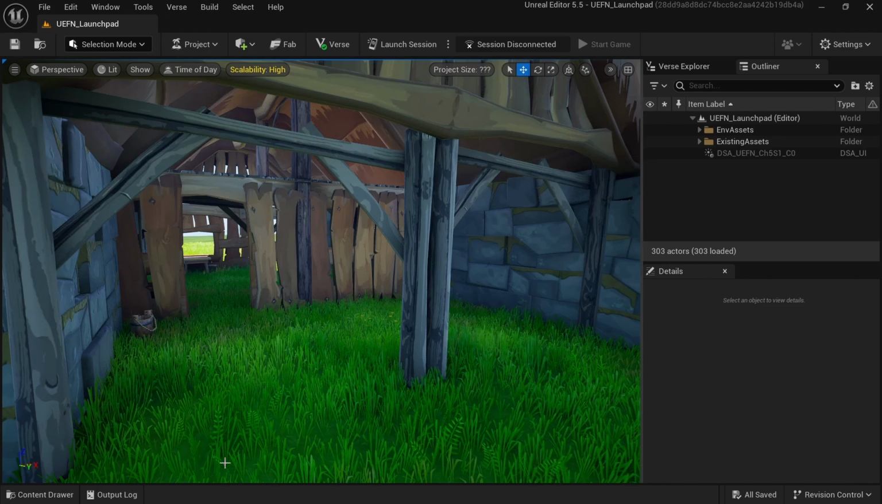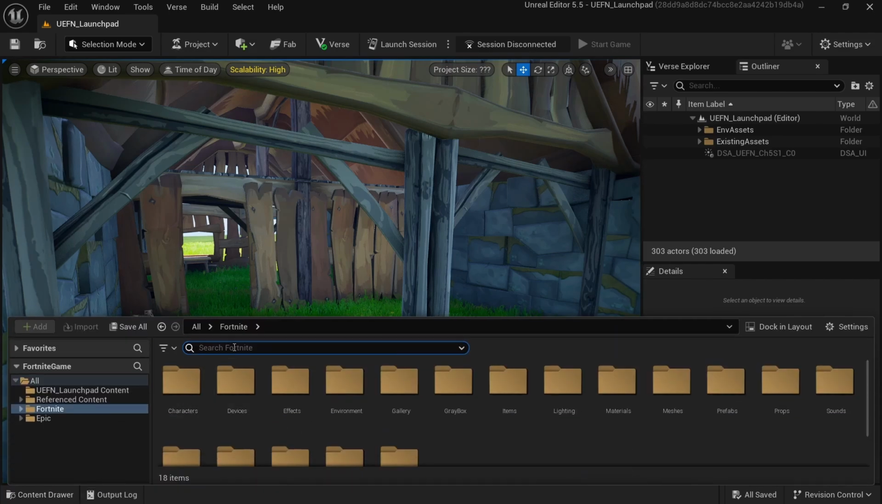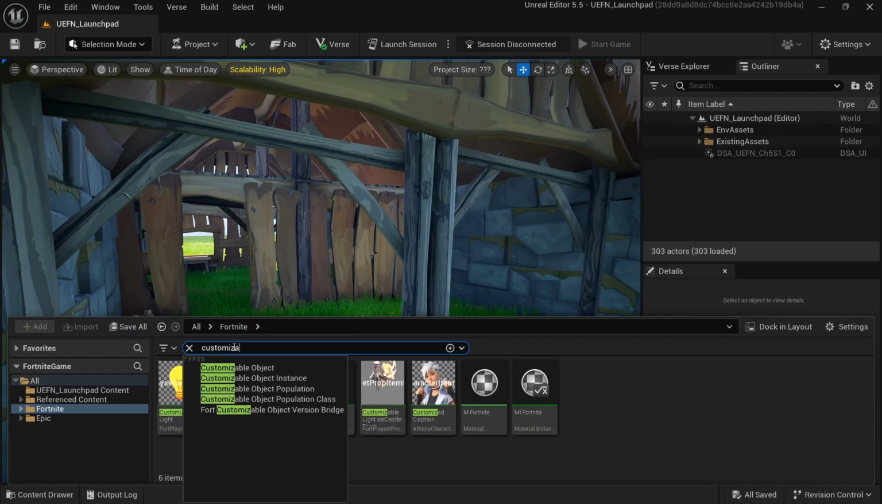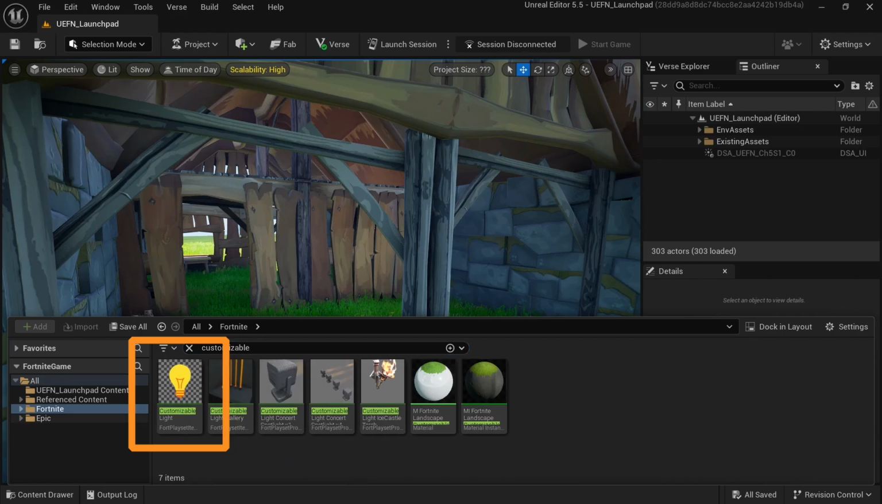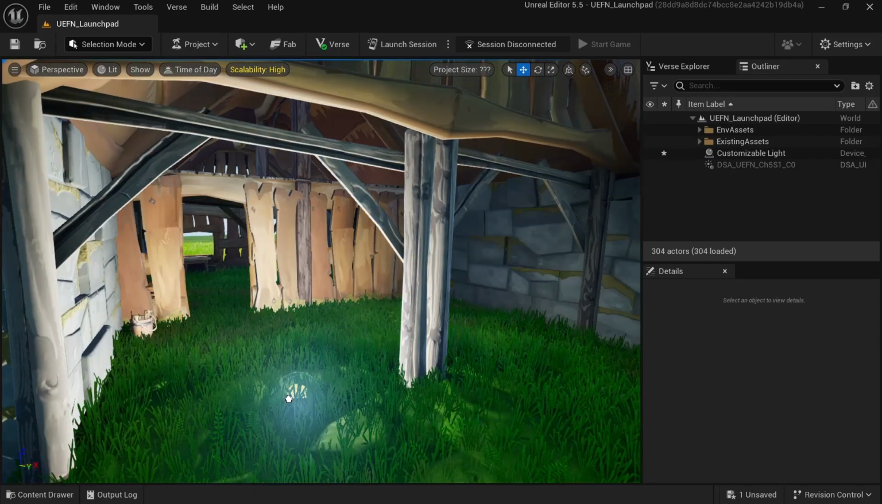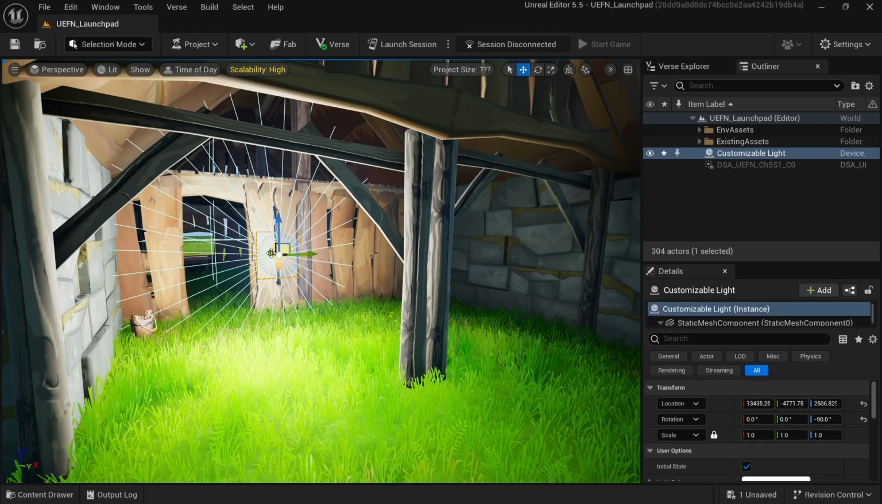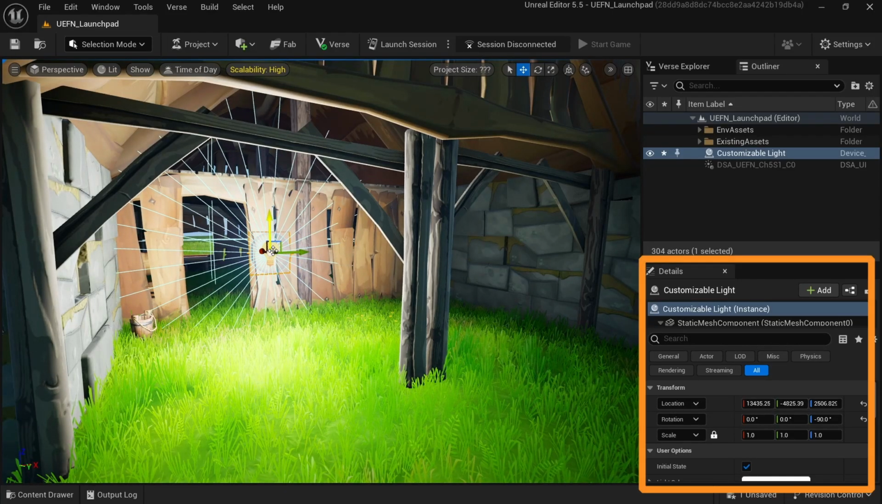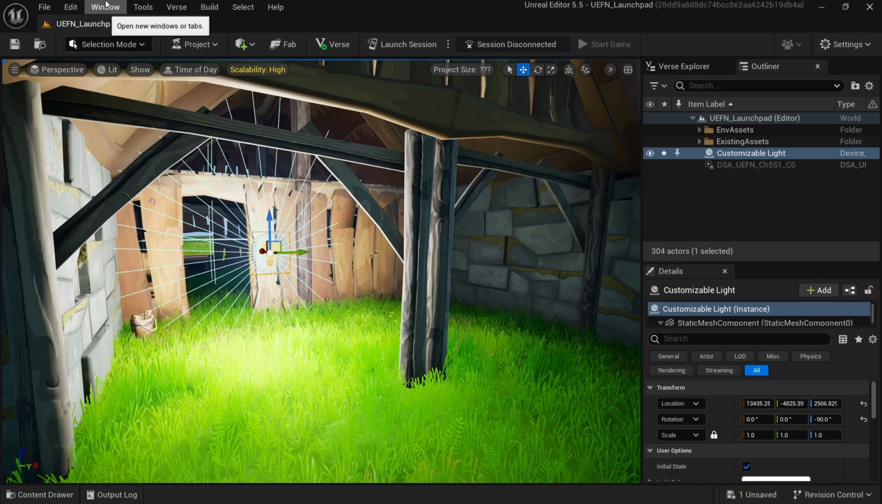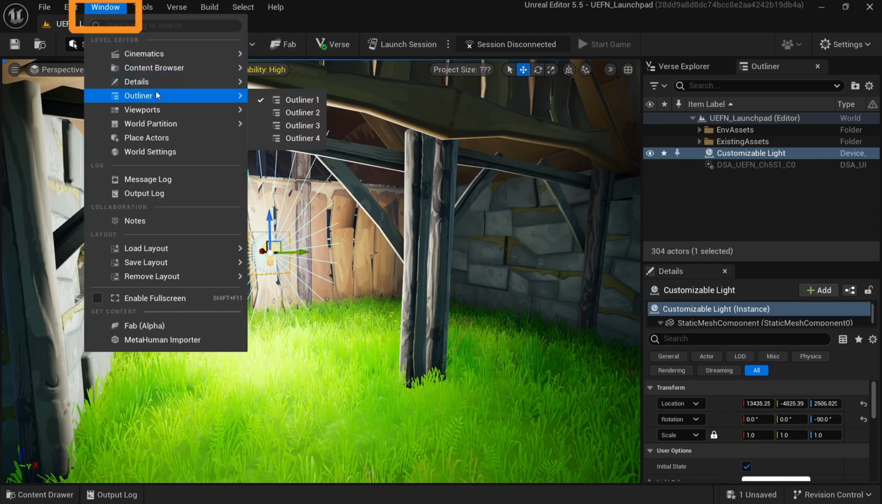We will start with adding lights to our island. Open the content drawer from the bottom left of your window and search for customizable light. Drag and drop this device onto your island and position it where you want your light to be. All assets in UEFN can be customized from the details panel on the right side of the screen. If you don't see this panel, you can open it by opening the window settings on top of your screen